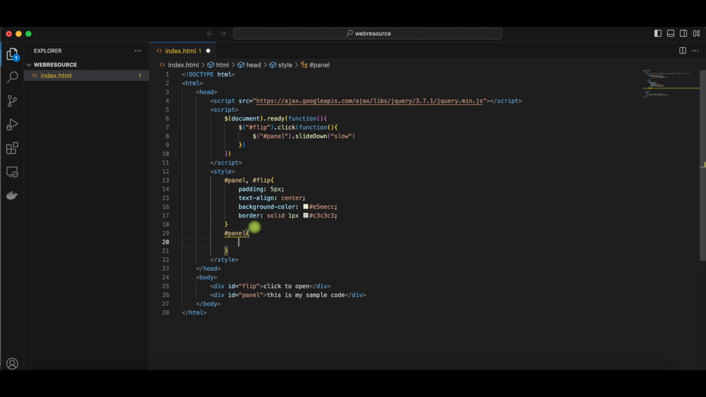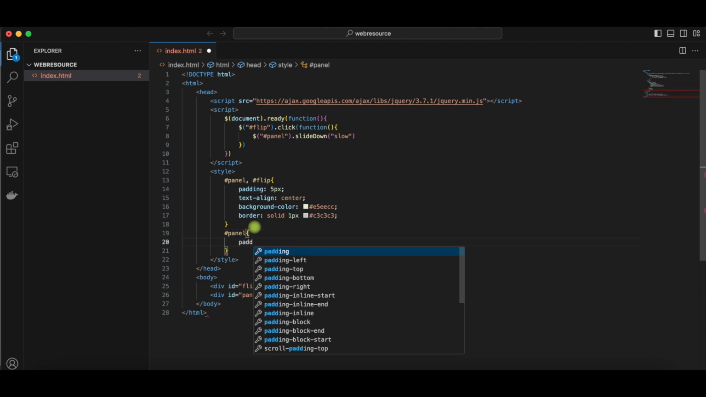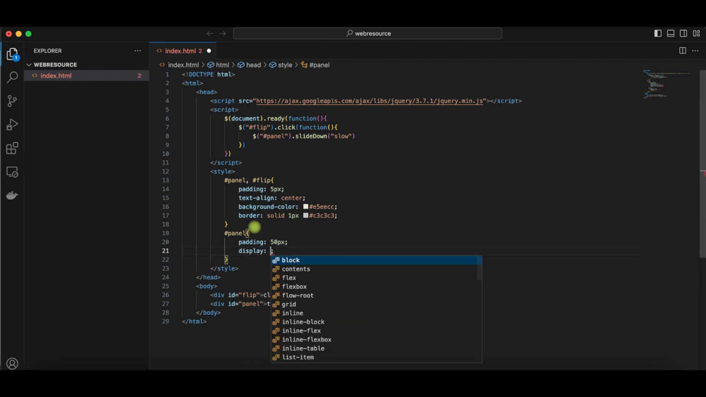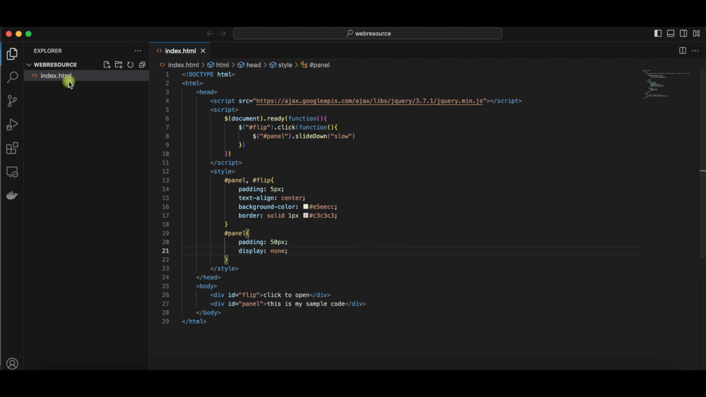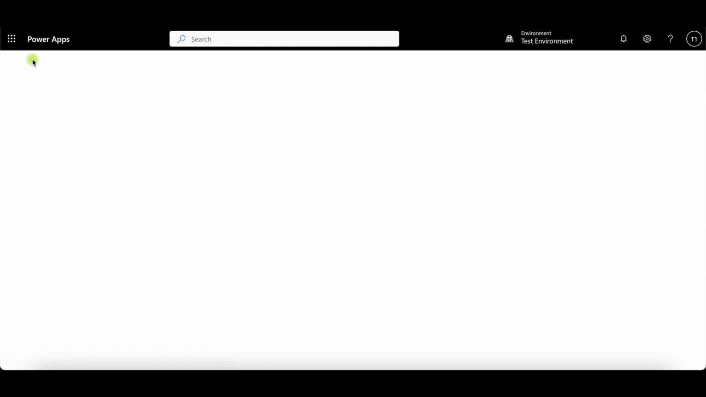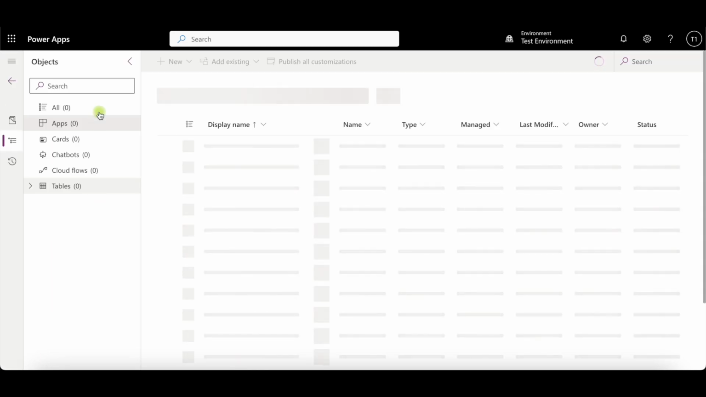So this is going to be padding of 50 pixel, and then display would be none. So that's our code. And now what we have to do is basically, once we have saved this code which is index.html, we'll go back to our solution, we'll go back to the solution page,